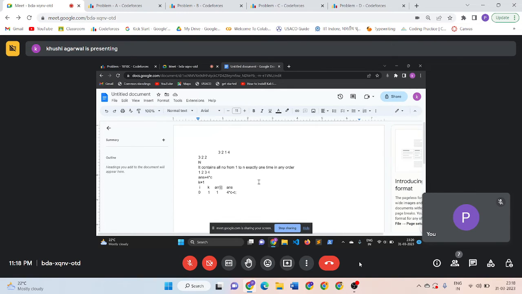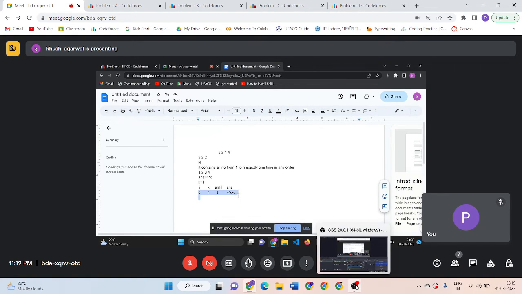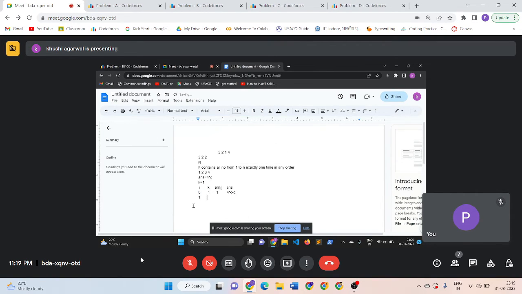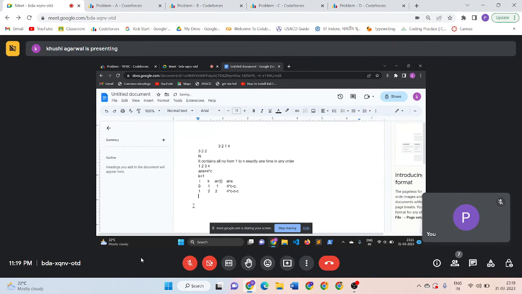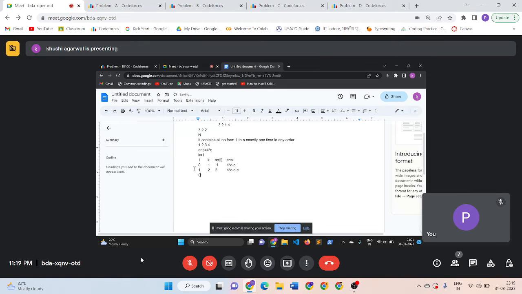चलो ठीक है, अब मैं इस पॉइंट पे क्या करूंगी, अगर मेरा के और एआरआर ऑफ आई इक्वल है, तो मैं के को इंक्रीज करूंगी बाय 1। तो जब आई 1 हुआ, के 2 हुआ, तब एआरआर ऑफ आई भी क्या है, एआरआर ऑफ 1, क्योंकि आई 1 है ना, तो एआरआर ऑफ आई यहाँ पे क्या है, 2। तो फिर से मैं आंसर में से माइनस कर दूंगी, 4 इंटू सी माइनस सी आंसर अपडेट फिर से। तो ऐसे करके आंसर अपडेट होता रहेगा, इस केस का लास्ट में आंसर मिलेगा 0, क्योंकि ये तो पूरा परम्यूटेशन है, कुछ हटाने की जरूरत नहीं है, कुछ ऐड करने की जरूरत नहीं है।